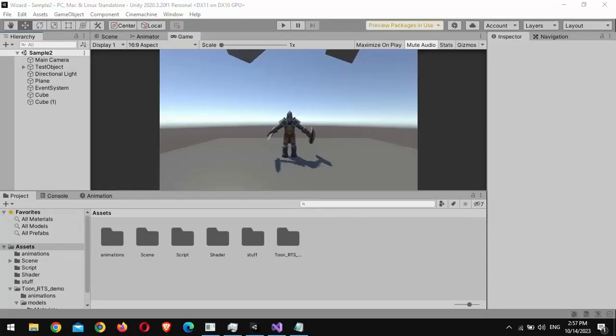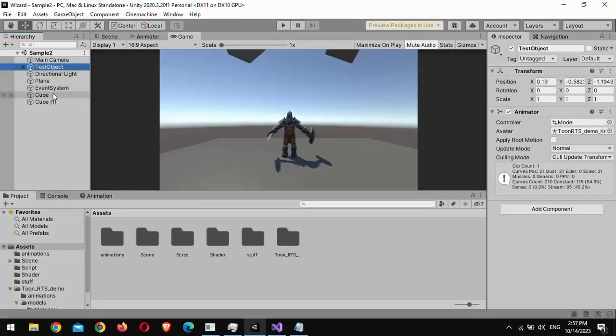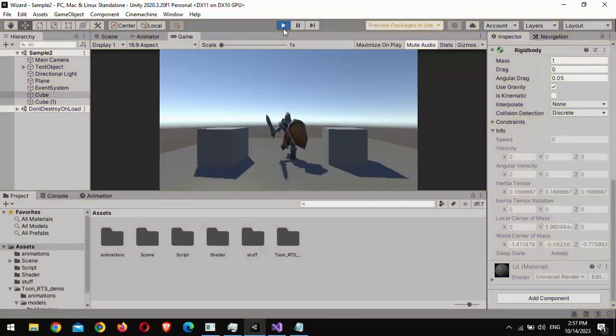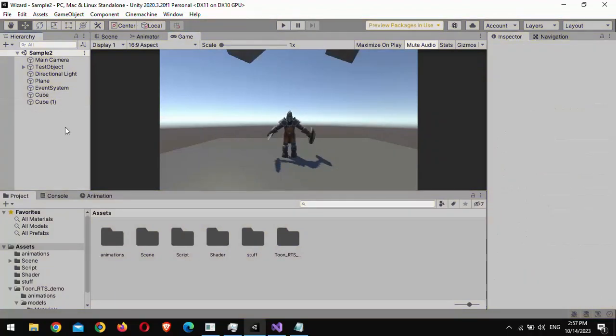Hello everyone, and in this video I'll be showing you how to make a slow motion effect in Unity engine. Simply we have this scene. I have a character that has a running animation and two cubes that have rigid bodies. Simple as that. What we want to do is, when we press a specific key, we want to make a